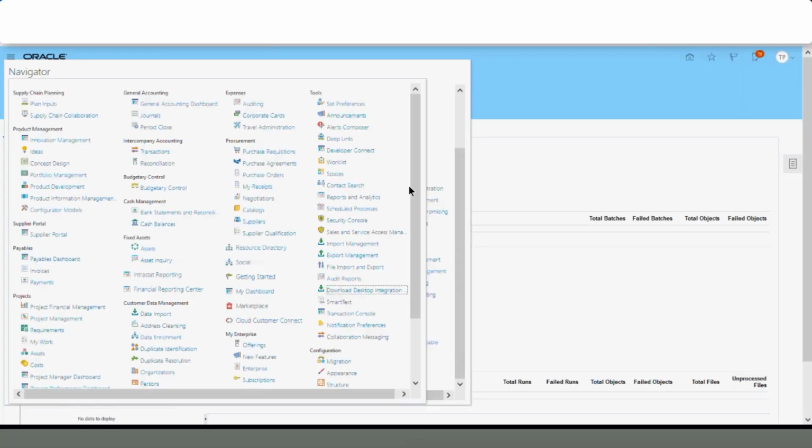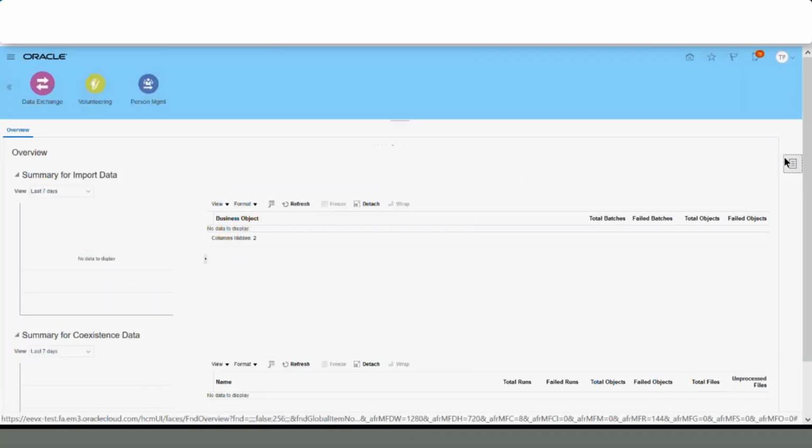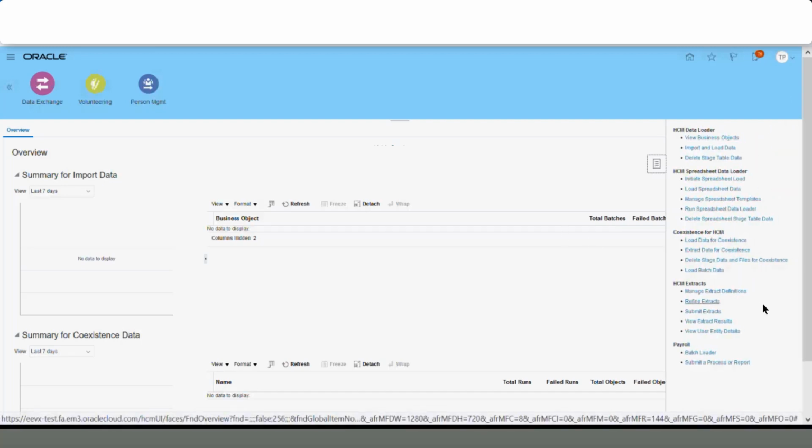So you also try to download this WebADI sheet and add it to your Excel. To use spreadsheet loader or payroll batch loader, we need to have this WebADI installed on our machines. Now I'll click on Manage Spreadsheet Templates.